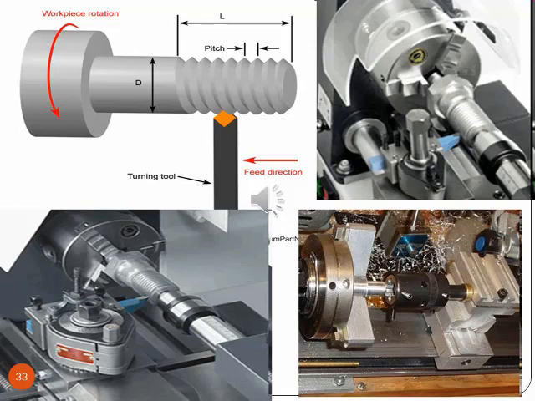So here a more elaborated pictorial view of the thread cutting operation is shown, how the tool moves in the workpiece. You can see the three-jawed chuck is used to hold the workpiece. It is revolving, and the workpiece is revolving at high speed. The tool is moving in the desired location, and threading is generated. You can see the three pictures wherein threading is done.